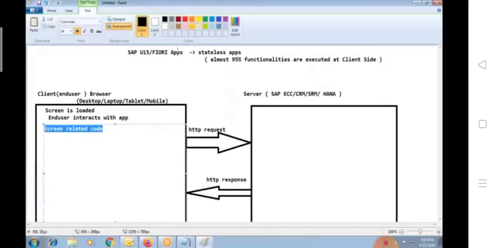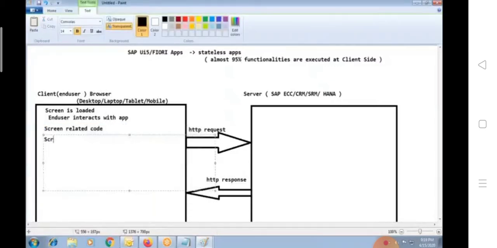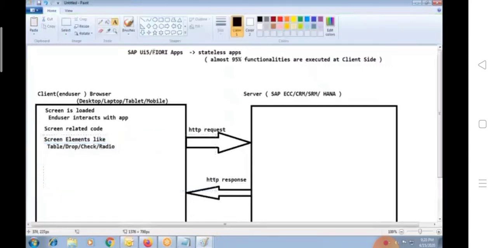Within the browser, all screen-related operations get executed. Not only that, the screen rendering related to screen elements like table, drop-down, checkbox, radio button, etc. So there will be several screen elements. All the screen element functionalities also get executed within the browser itself.